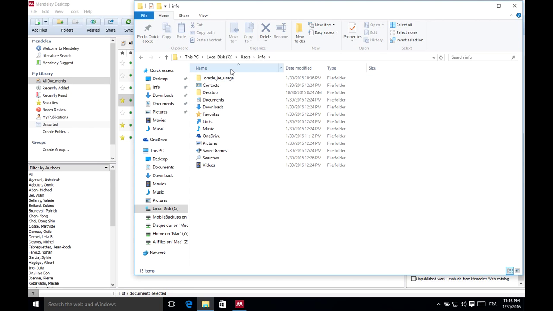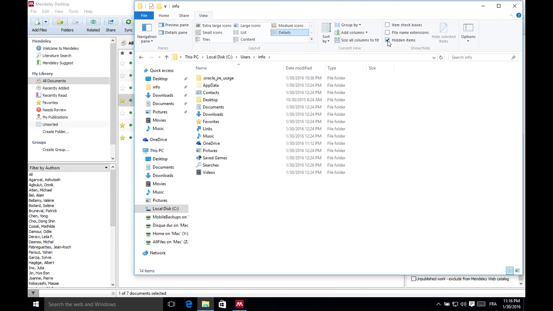You see that actually the App Data is not always showing. So first thing you will need to do is actually change the view options and hit the hidden items checkbox so that the App Data shows. So once you've done that, we can actually start the transfer of the Mendeley desktop folder into the OneDrive